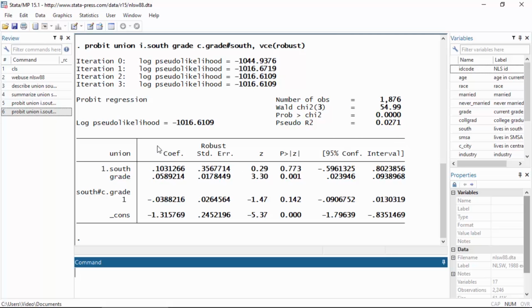And then below that, we see our table of coefficients. So at the top, the first coefficient is our coefficient for South. Next we have grade, which is continuous, and then we see our interaction term here between South and grade. Because these are Probit coefficients, they're a little tricky to interpret without a transformation. So I'm going to show you how to use the margins and marginsplot commands to make the interpretation of these